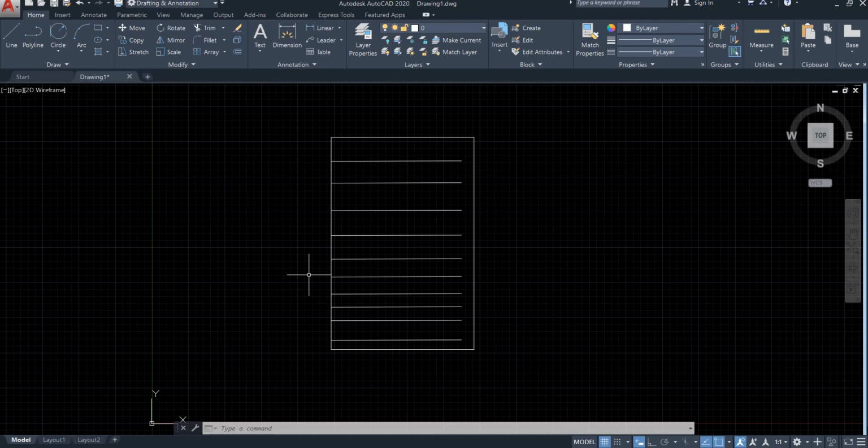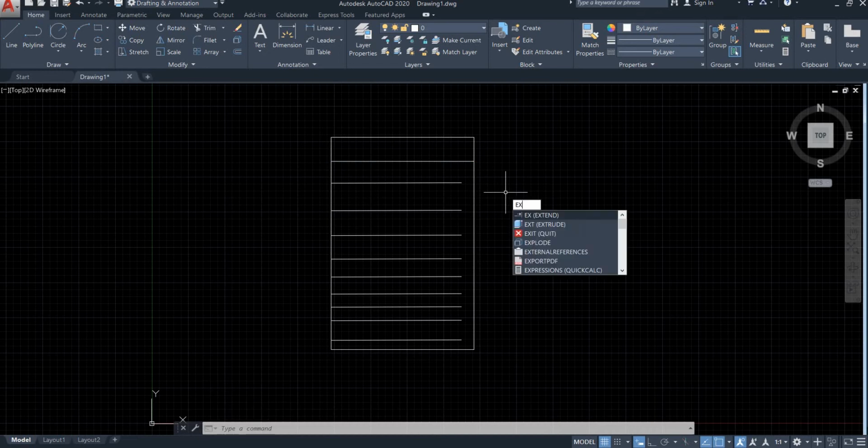In this video, we will learn how to use the extend command in AutoCAD. Let's say I want to extend this line in a way that it touches this boundary of the rectangle. One way to do that is to pick this endpoint of the line and drag it to the boundary of the rectangle and click on the screen. An easy way to do that is to use the extend command.